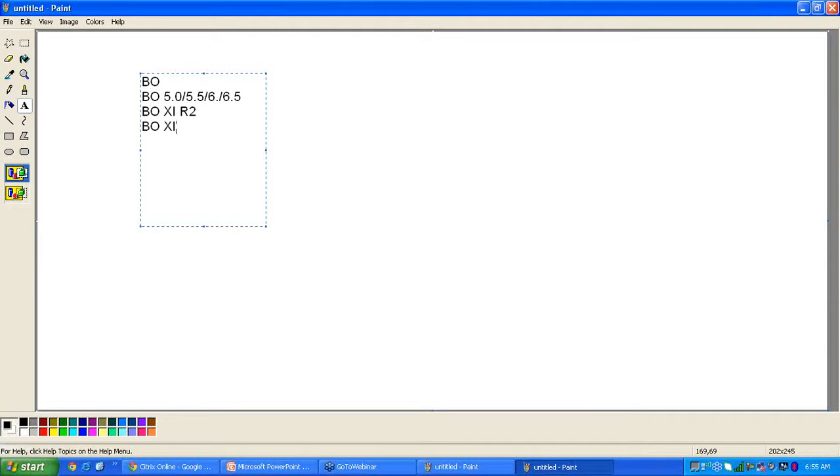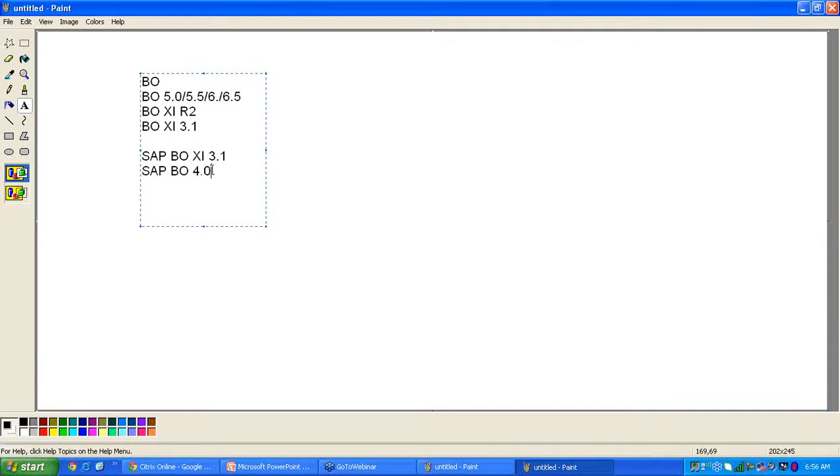Then in 2007 they released XI 3.1. In 2008 the SAP company acquired this tool, then they renamed it as SAP BO XI 3.1, or people call it SAP BOBJ. Then at the end of 2011, the SAP team released BO 4.0.